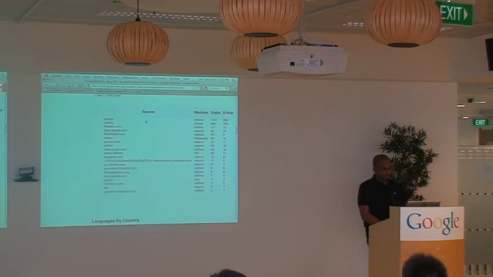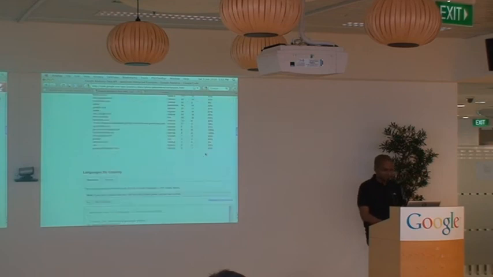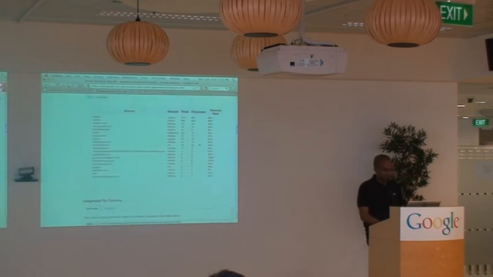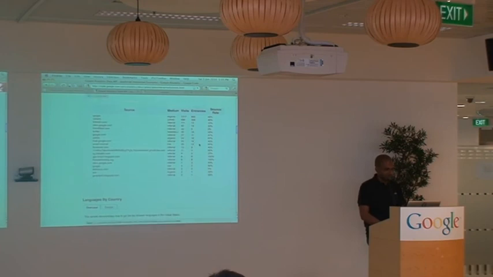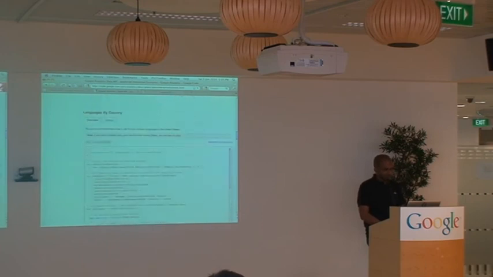Okay, so here we go, all the various sources. I don't know what that is, that's friend connect there. The various mediums under the sources, you see the number of entrances, ordered in reverse order, and the visits as well. And of course the bounce rate would be useful too, since we're looking for the bounces. So I could actually modify this query to look for other information as well.